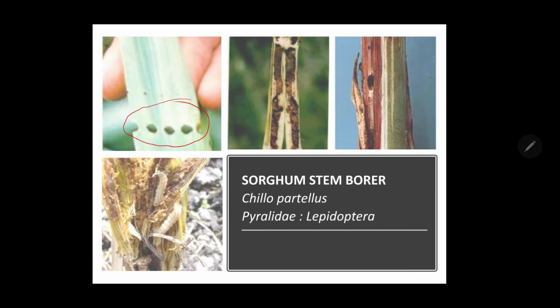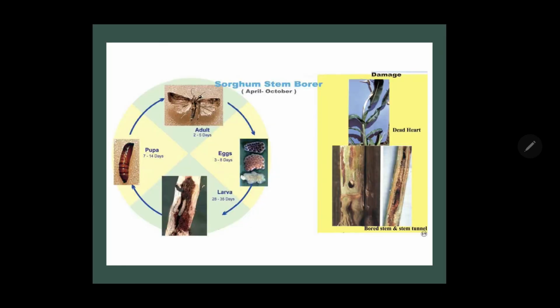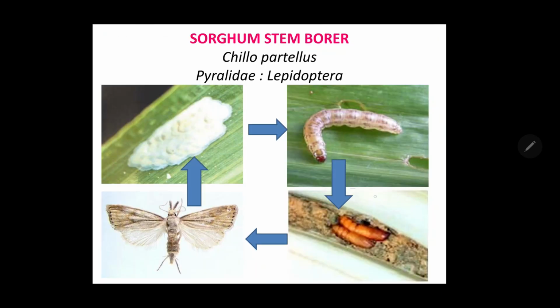After completing its first or second instar, it moves towards the stem and makes larger holes to penetrate inside the stem. It feeds gregariously inside the stem and fills the galleries of the stem with fecal material. A single stem can be infested by more than one larva. After completing its larval stage, the caterpillar remains inside the stem and pupates inside the stem.